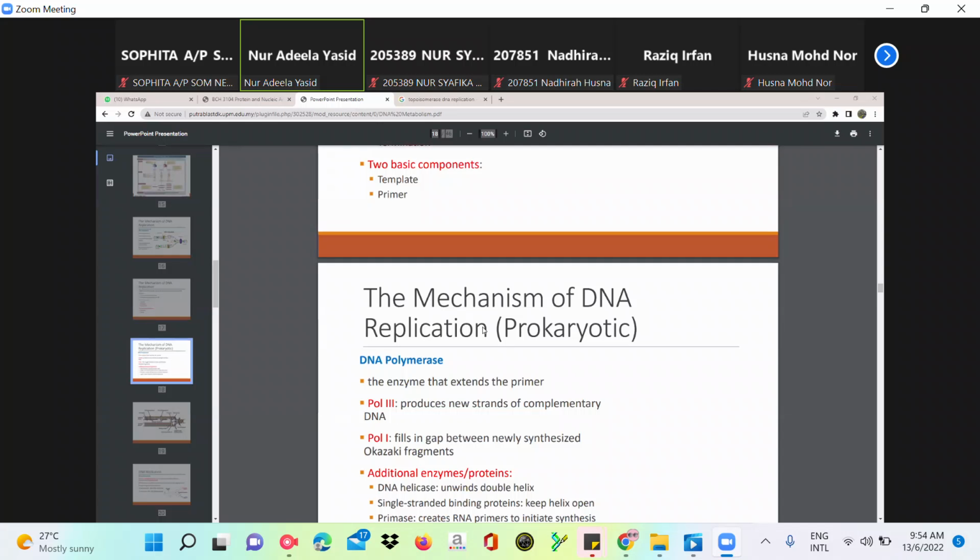Okay, but for polymerase 3, polymerase 3 is the one that helps in the replication process. It helps in producing new strands of complementary DNA. Polymerase 3 is the one known as a replicase. Yep, replicase juga lah dia dikenal sebagai. And one thing that you need to know is about